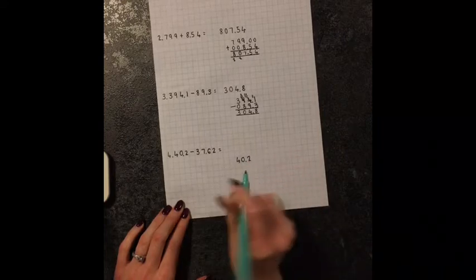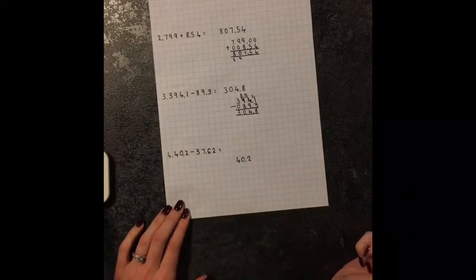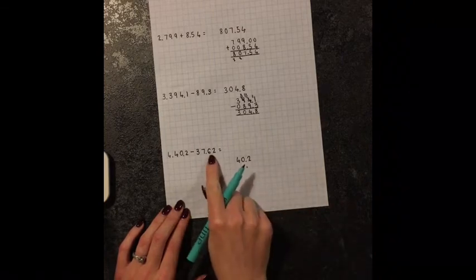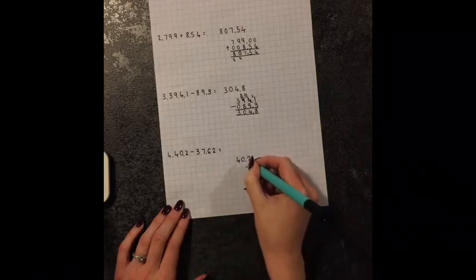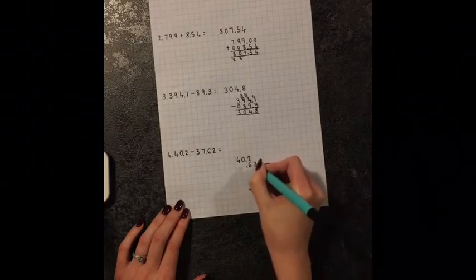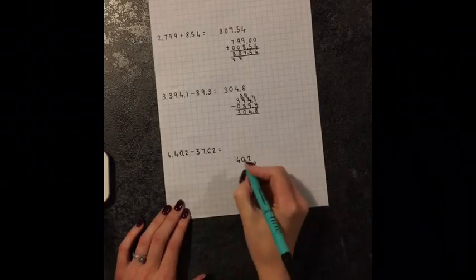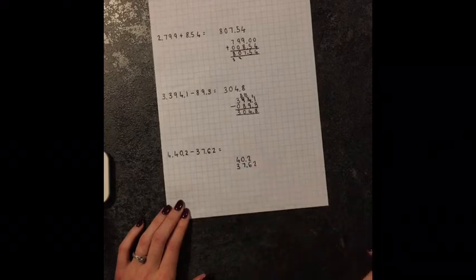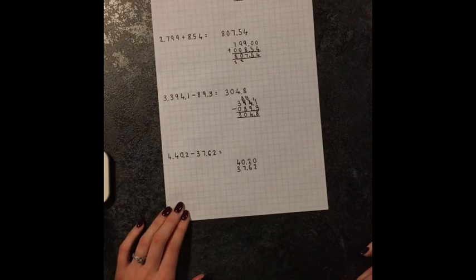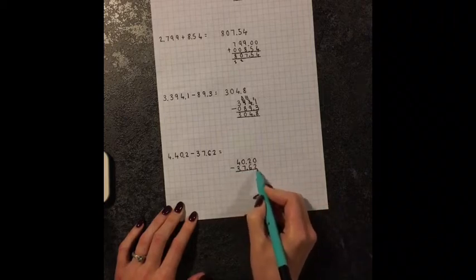Now my final calculation is 40.2, and I am subtracting 37.62. So align the decimal points first. After the decimal point I have two decimal places, a 6 and a 2. So I have a 6 in the tenths column and a 2 in the hundredths column. And I have 37. Now I'm going to put a 0 here to make sure that the numbers have the same amount of digits. I'm subtracting again. Put my equal sign,